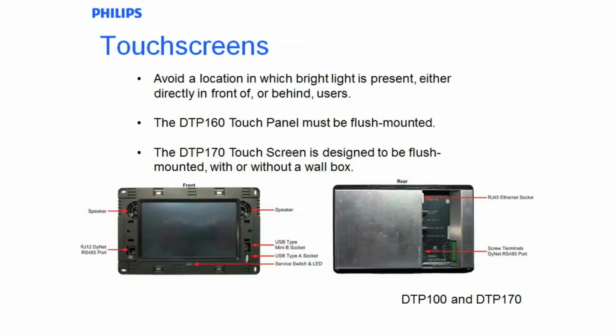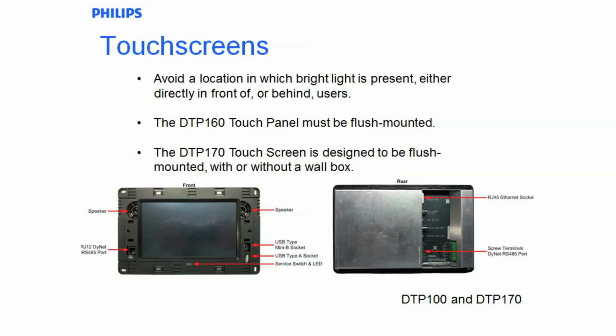Make sure that you haven't got bright light hitting the touchscreens, as it will obviously wash out the displays. The DTP100 must be flush mounted. The DTP100 is the smaller screen here. The DTP touchscreens run Windows CE. Depending on the programming, they can be utilised to browse the web or incorporate RSS feeds, so we strongly recommend